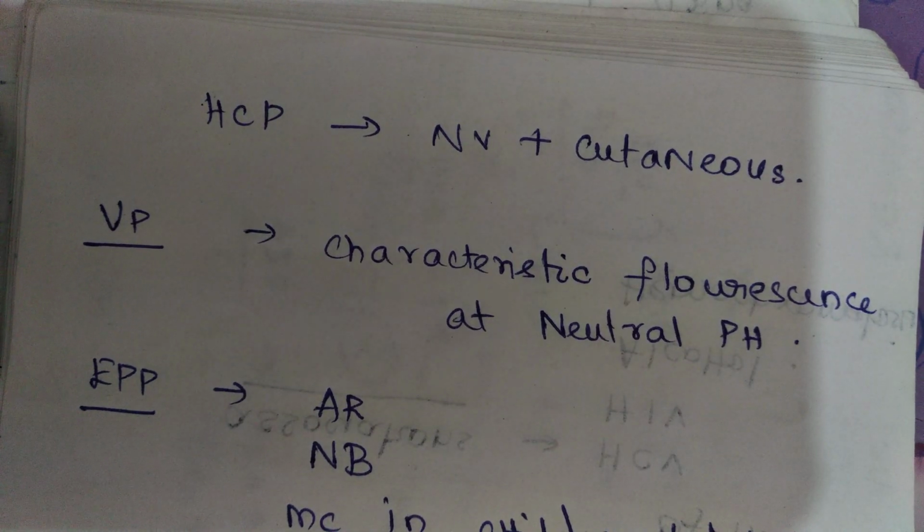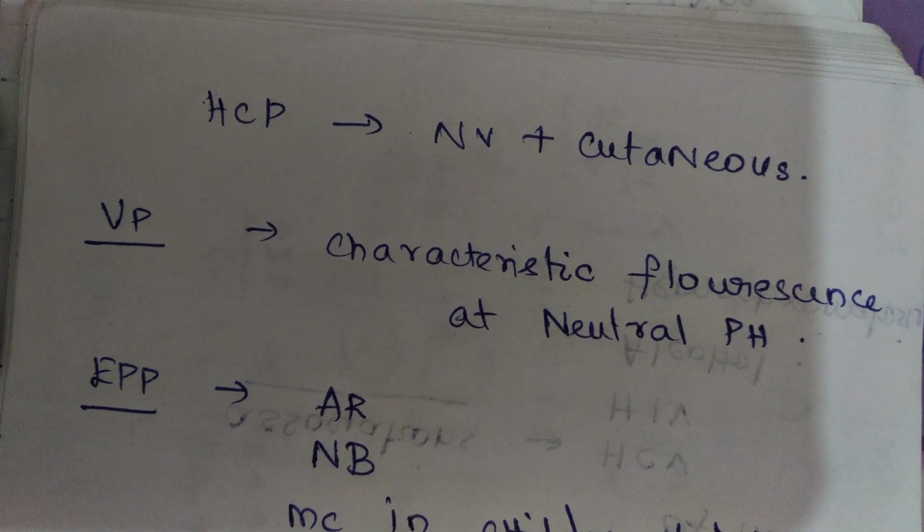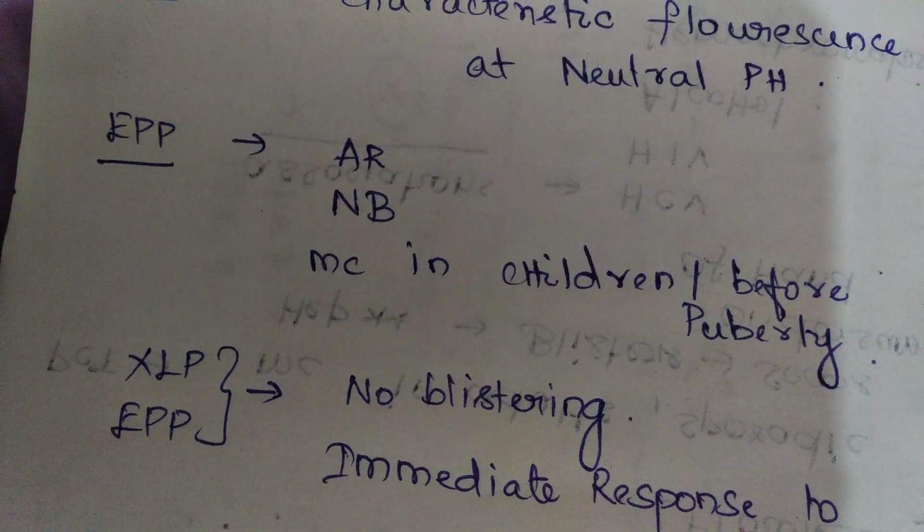Hereditary coproporphyria has both neurovisceral and cutaneous features. Variegate porphyria, one important point is it has a characteristic fluorescence at neutral pH. Erythropoietic protoporphyria, it